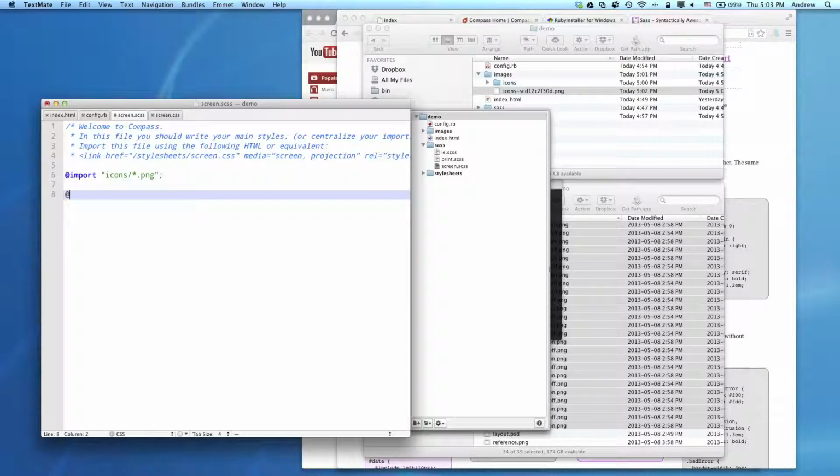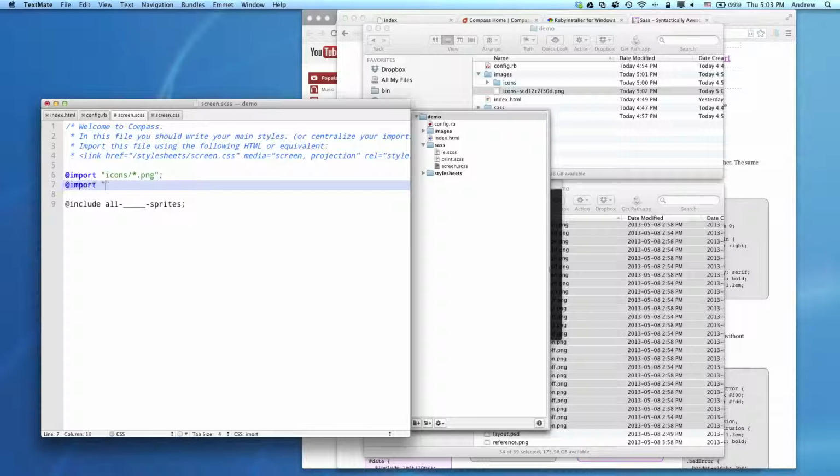Now the second thing that we're going to do is we're going to include all sprites. There's a little bit of a magic naming convention in Compass, and you're going to see this every once in a while. The reason earlier I said don't call your folder sprites, and this is why. This is going to correspond to the folder that you put your sprites into. You could have multiple,